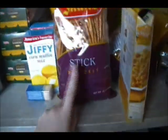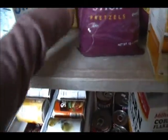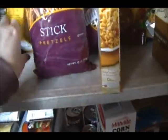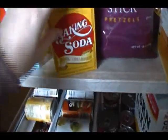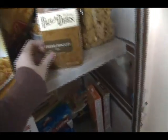So basically you're just going to see me walk around a lot. I have pretzels from the Dollar Tree. This is awesome, Jiffy Mix, found powdered baking soda. I also get this at the Dollar Tree. I've got some Hamburger Helper, Chicken Helper, some Paula Deen cheese biscuits. I got some pasta shells and another